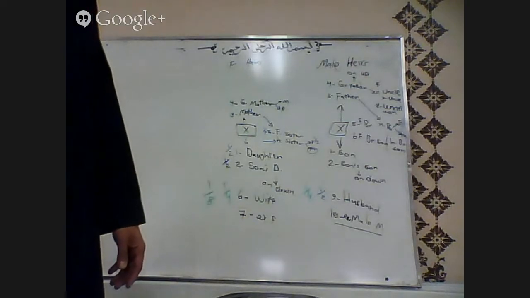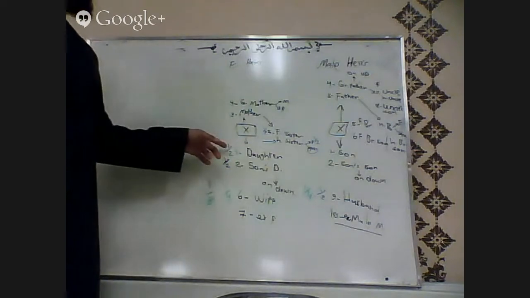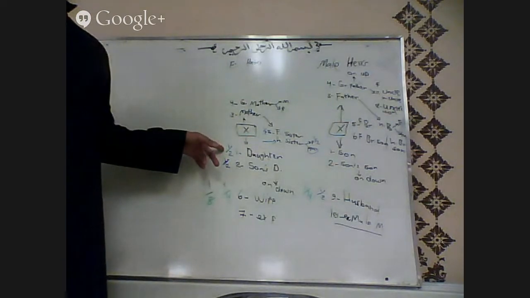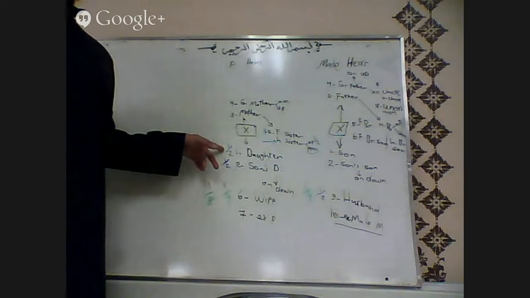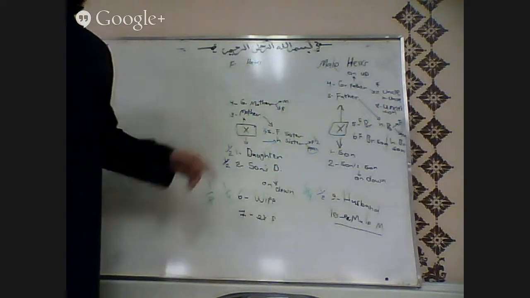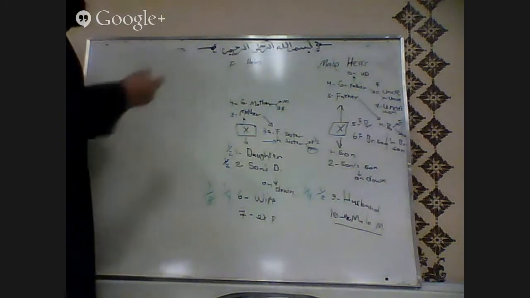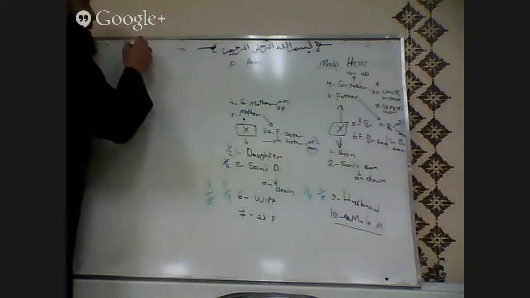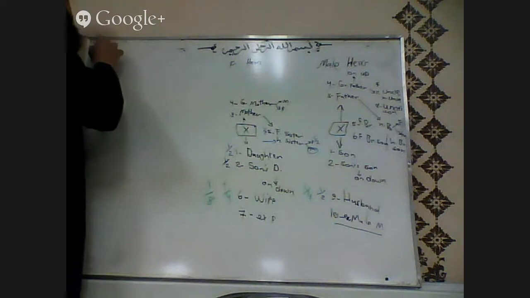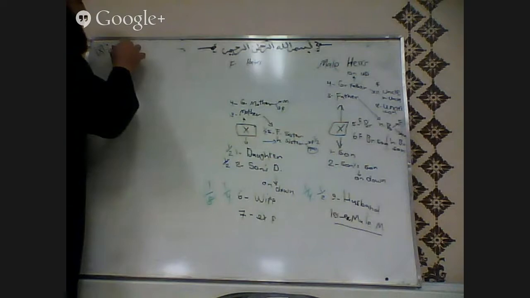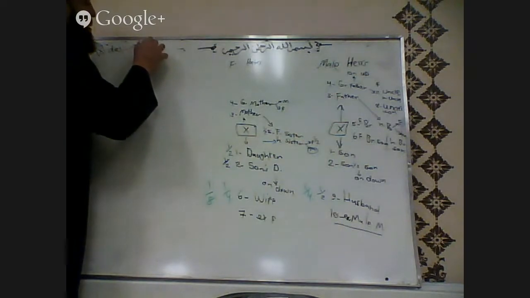Category number 1: we said one daughter will deserve 1/2, on one condition, if she is only one. What if they are 2 or more? Two or more daughters will take 2/3. So if X, let's say X, dies, this is how it comes. He dies and leaves behind 2 daughters,